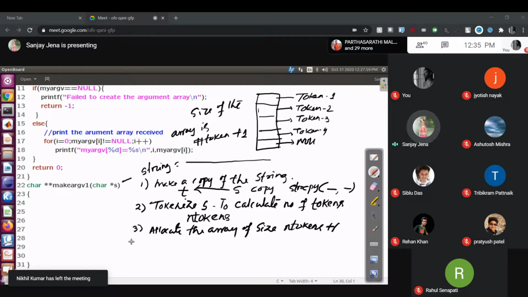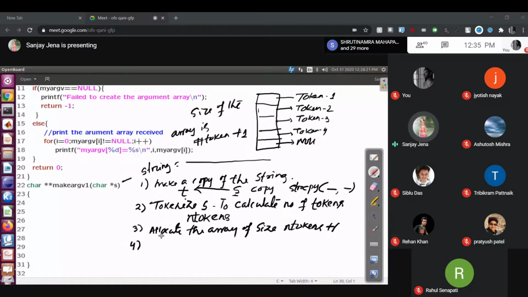After allocating, what is the necessary step required? Suppose you are tokenizing S. Then can I take S once again? No, sir. Then where have you saved it? In the copy, the T part.